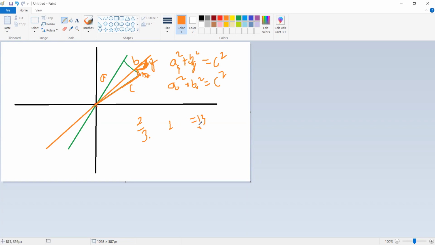And root of 13 is the distance of this, right? When we draw a perpendicular from here, this distance is your change in y minus change in x. So that becomes your